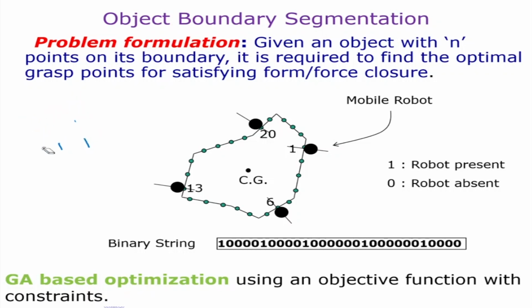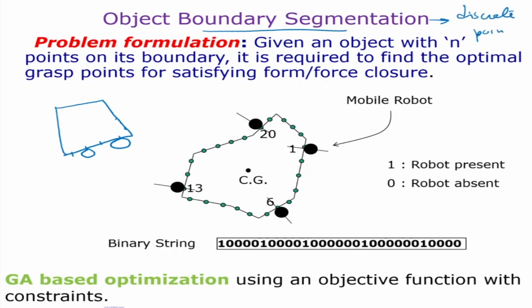So what I'm saying is that if you have an object of any shape, I need to break the boundary of that object. Say it is like this. I need to break this boundary into a number of points, and on any of these points the robot finger can go and sit, or the mobile robot can go and make contact. Okay, so I need to make this boundary segmentation, because it cannot be infinite points. Theoretically it is infinite, but the program cannot handle infinite points. So basically I'm going to break the boundary into a number of discrete points. Okay, so the whole idea is boundary segmentation for discrete points. Okay, and how do we do that?